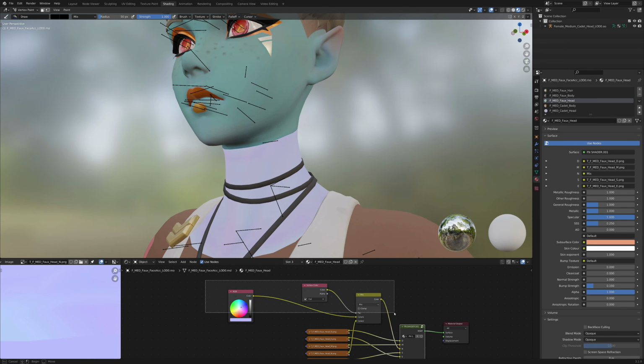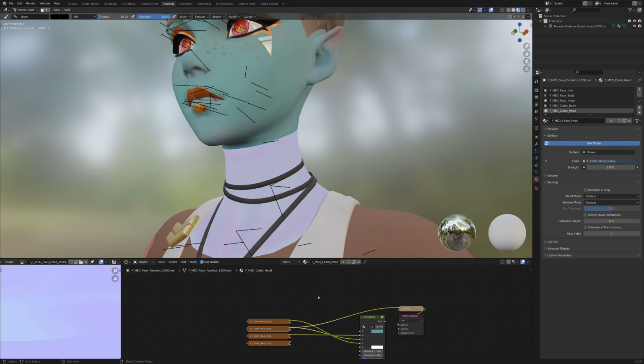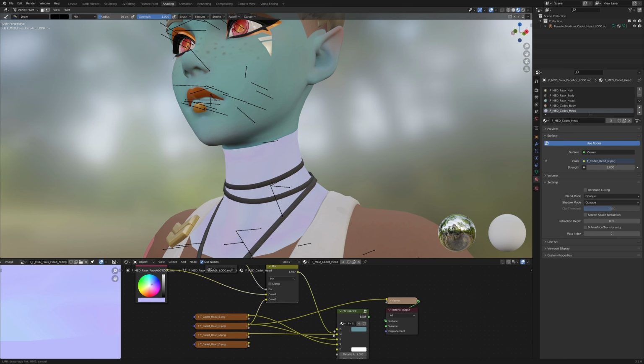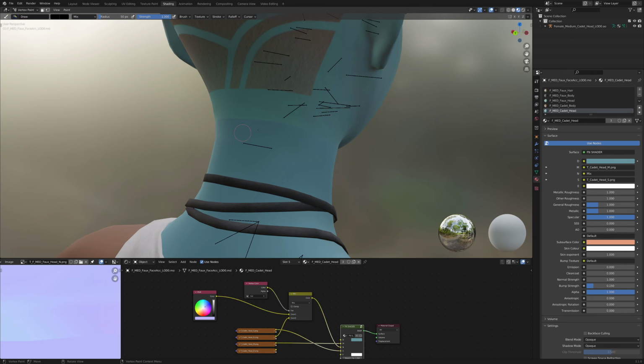Now do the same thing, so you can copy this, just copy it, and do the same thing for the neck. So drag that in there, and drag that in there. Boom! Oh, okay, don't worry about this line,